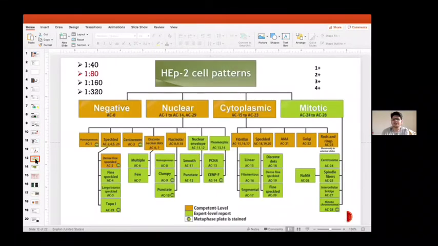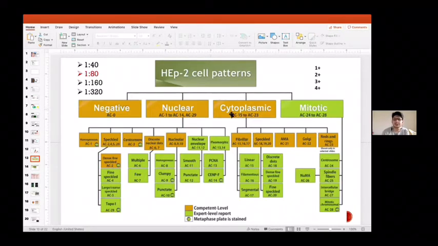Now coming to the patterns. Here we have already said that what we are going to focus on is the titer 1:80. How we are going to report is 1+, 2+, 3+, or 4+. And pattern can be, first, negative. If it is not, that's a negative slide. Otherwise, nuclear, cytoplasmic, and mitotic. It's my request not to remember all this. This information is available online. If someone asks you in Viva what can be the patterns of ANA, just first remember this basic heading of nuclear, cytoplasmic, and mitotic. And at the end of the lecture, I'm going to show you what is given in Harrison. So I will request you first remember your Harrison and then this.